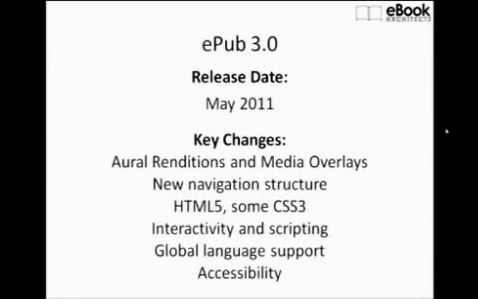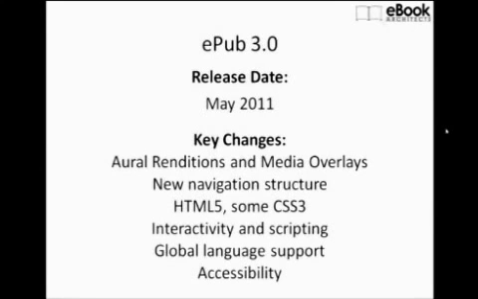There's also a new navigation structure that allows for different types of navigation. We're now switching to HTML5, which is the latest version of HTML that's being used on a lot of websites and being pushed by companies like Google and Apple. Interactivity is a lot better. Your capability for possibly even doing some scripting like JavaScript, like you would see on a website, lets you interact more with the content as a reader and engage, whether that's moving things around on the page yourself, or taking a test and getting automatic feedback on the quiz that you took.